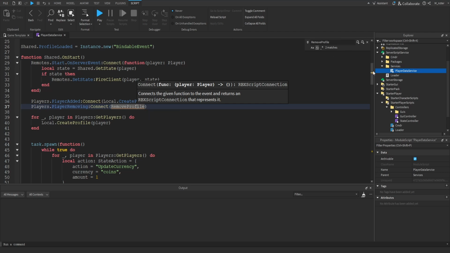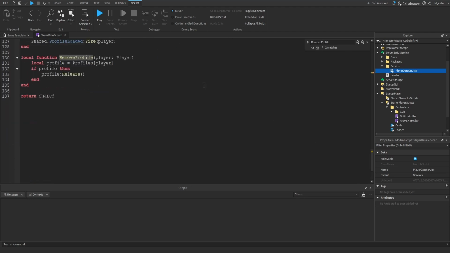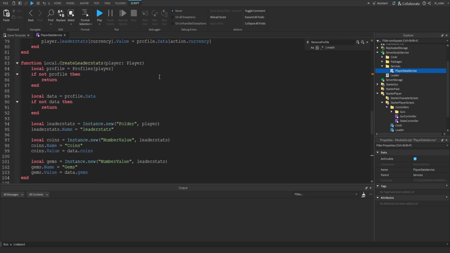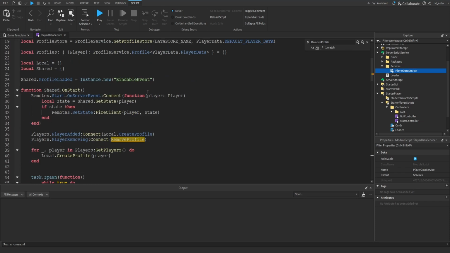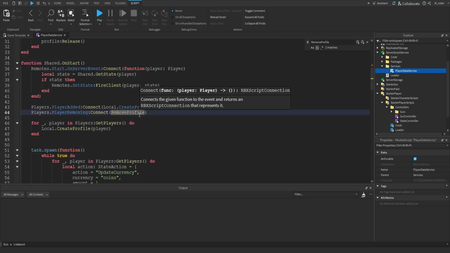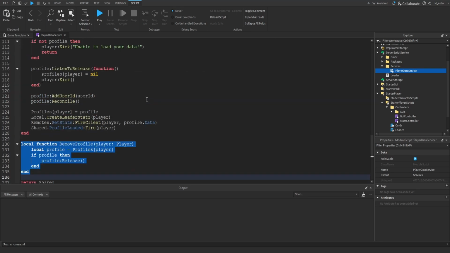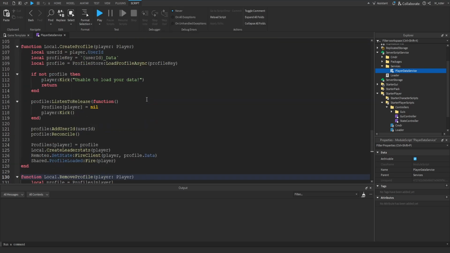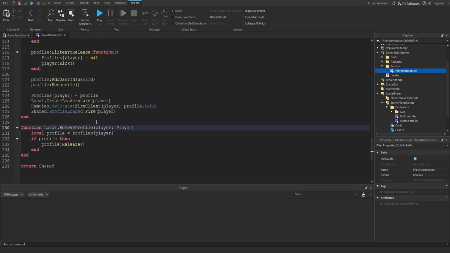And the reason for that is because we actually have to create these normal local functions before we use them inside of our script. So I would have to actually create that above the onStart function. And now we see that we are actually able to use the remove profile function. But that's why we want to use the local table and where the local table is useful. Like I said, using the local table makes your scripting organization a little bit easier and a little bit less strict, which can be good or bad.